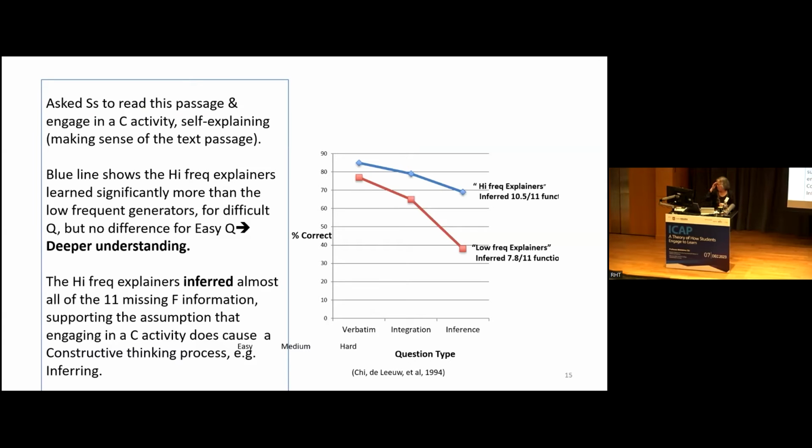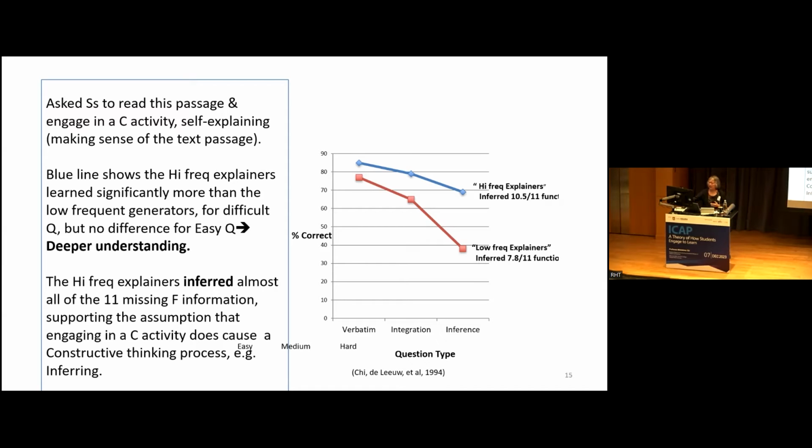Okay, so up here I said we asked them to read a passage. The blue line shows the explainers. We asked them to read this passage, and we said, try to make sense of the passage and explain to yourself whatever sentences you don't understand. We call that self-explanation. What the blue line shows are the people who are more frequent at explaining. They spend more time uttering self-explanations that make sense. These are all segregated based on some unit of analysis, so we can compare them. The red line shows the people who explain a little bit less frequently.